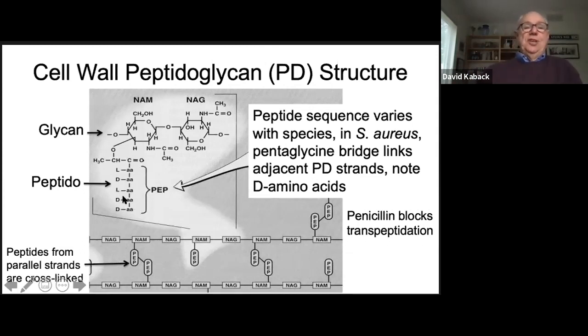The bacterial cell wall, in this peptido portion, has some D amino acids, okay? But it's called peptidoglycan because these peptides are actually bound to a polysaccharide, otherwise known as a glycan, because it's the glucose analog, okay? And it is a copolymer of